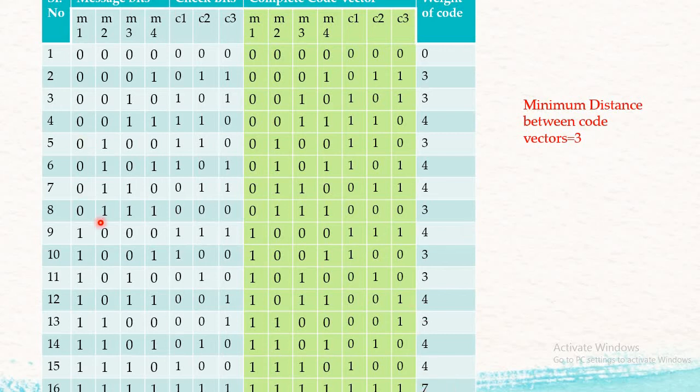Once these tables are with us, we go for the second step, that is finding out the error correcting and detecting capability. For that, one thing is very important, that is the minimum distance between the code vectors, or the minimum weight. Here we are not considering the minimum weight as 0, we have to consider the minimum weight as a non-zero value. So what is the minimum non-zero value? That comes out to be 3. So the minimum distance between the code vectors comes out to be 3.